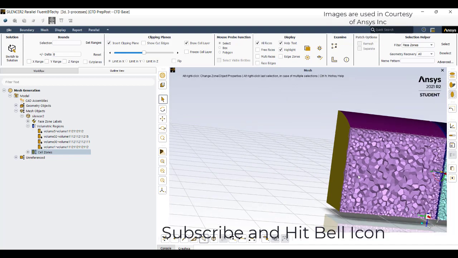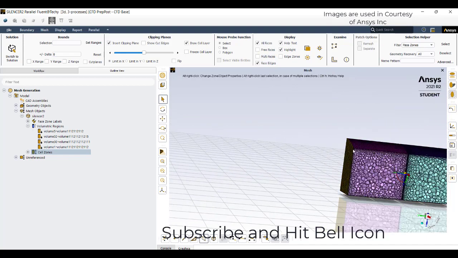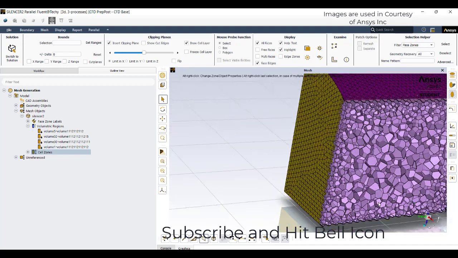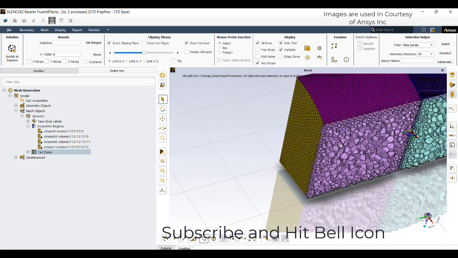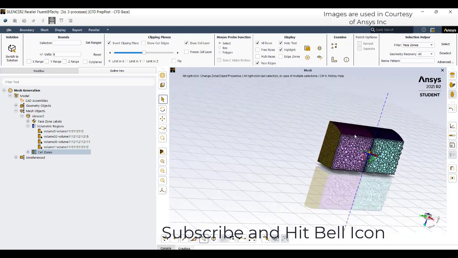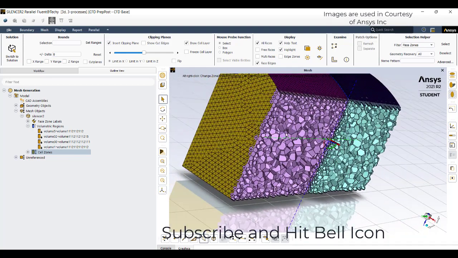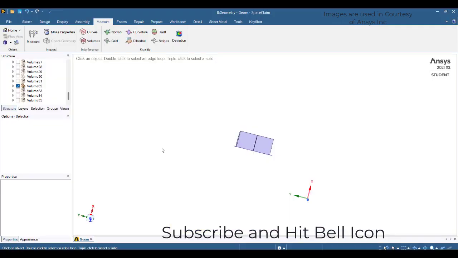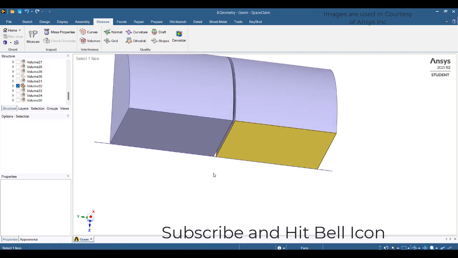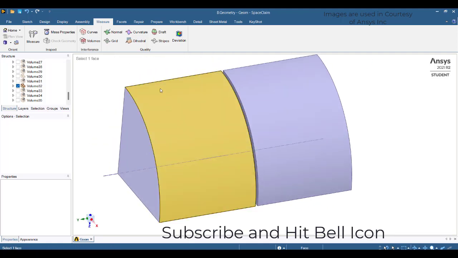Let's just hide this face source. Or you can have face edges. You want to have this edge filter on. Okay. So this is one way of defining. But we have selected those bodies and those faces for our refinement purpose. And the other way, if you want any body of influence or any other thing, we need to define it maybe separately. For example, if I want to have a body of refinement inside this, then I need